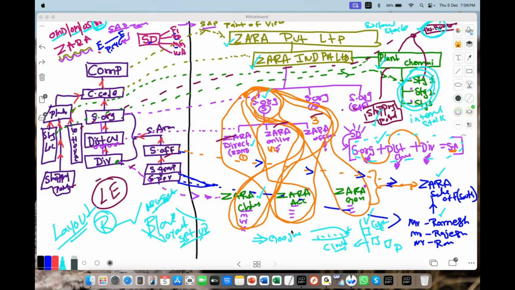That is the setup of the company code, the setup of the plant, setup of the division, setup of the storage location, warehouse, followed by the shipping point, sales organization, distribution channel, division, and all. So one by one, we will see. So let me get into the SAP screen.